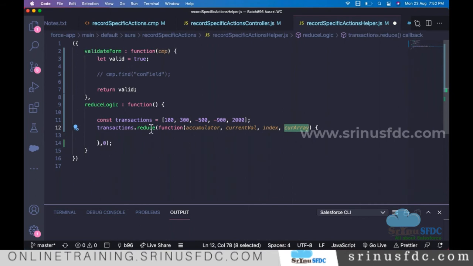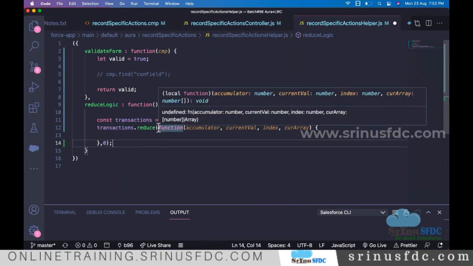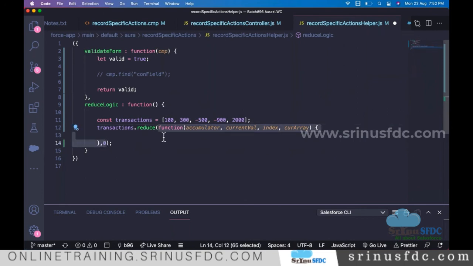So when you use reduce on an array, for each and every element there is one callback function. By default the accumulator, the value we have to give here, is the default value. This is the current value, 100 first time, second time 300. This is the index if you want it; if you are not using it, no need to define it. This is the array, the current array.